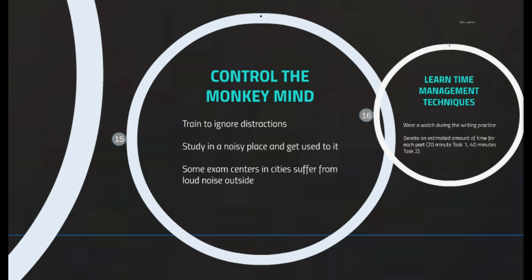If you can do it in those environments, doing it in the test centre will be easy. And this is just a small tip, but if you increase the amount of small tips that you're using, they're eventually building up and up. With the daily habit, you compound them and you just increase your chances. For a lot of students, it's on a knife edge. They're so close to getting a 7, so close to getting the band 8, that little tips like these help you